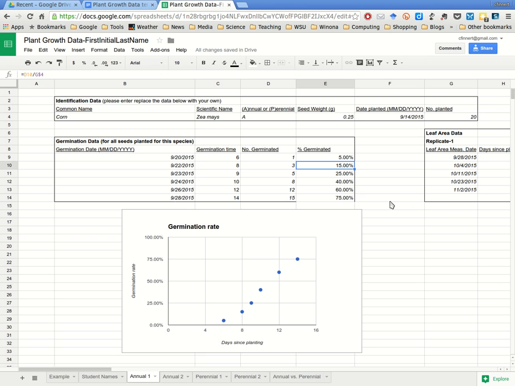Notice, however, as we click down from one cell to the next and look at our cell references for the numerator, meaning the number generated over here in this column, that the row reference does change. In this case,